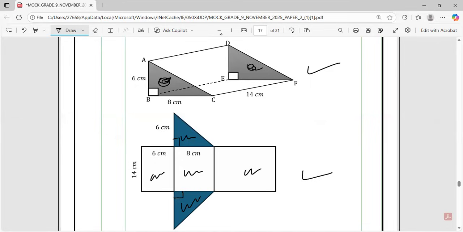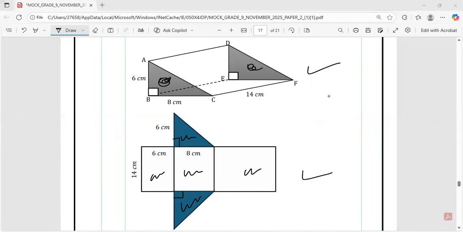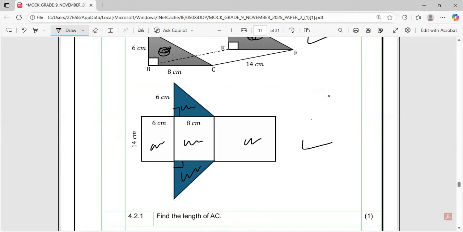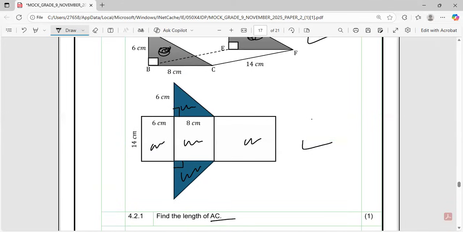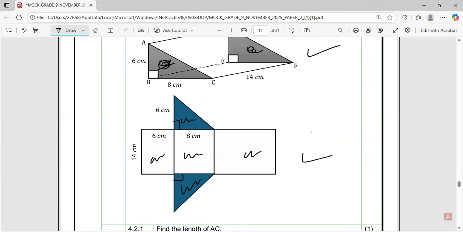So, meaning if they want us, okay, the question, yeah, there it is. Find the length of AC. Meaning they want us to find how much our hypotenuse is there. So we know that for our hypotenuse, which is AC,